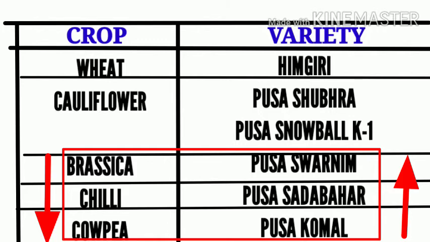So now, after eliminating wheat and cauliflower from the list, which we have already memorized on the basis of pronunciation and color, the other three crops are arranged in alphabetical order from top to bottom, and the varieties are arranged from bottom to top in alphabetical order. So in order to remember this table, you only need to know the alphabetical order and the names of the varieties, after which you can easily relate them.